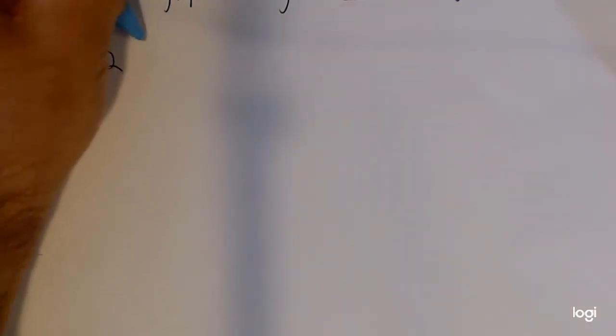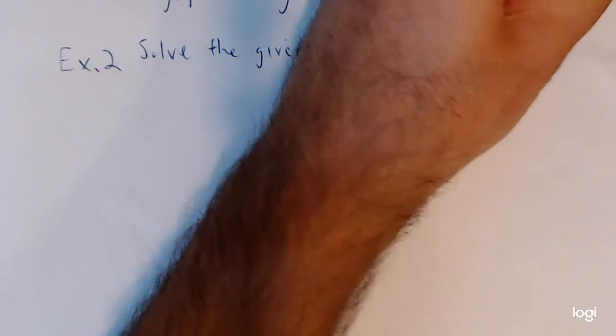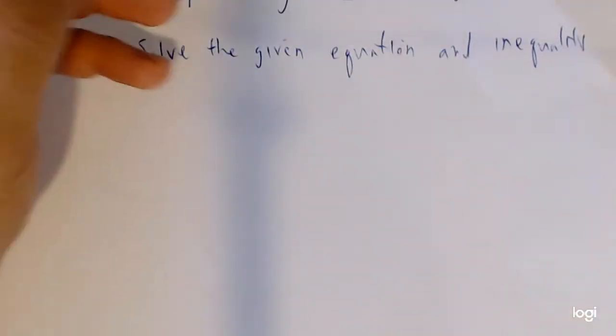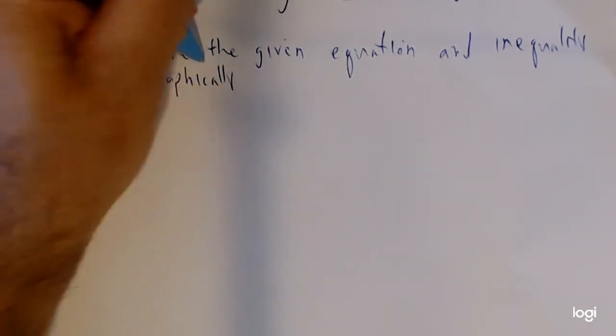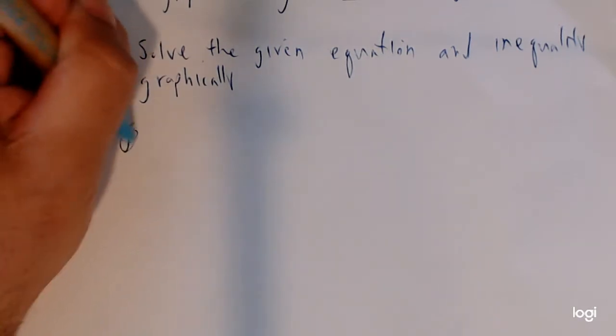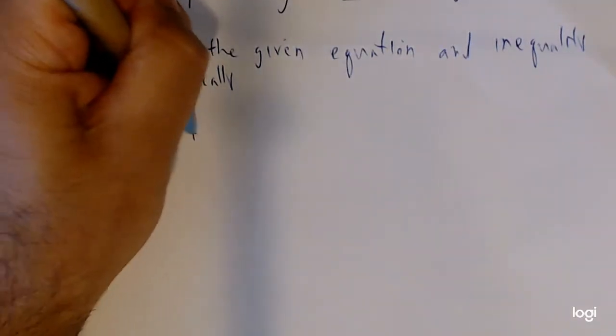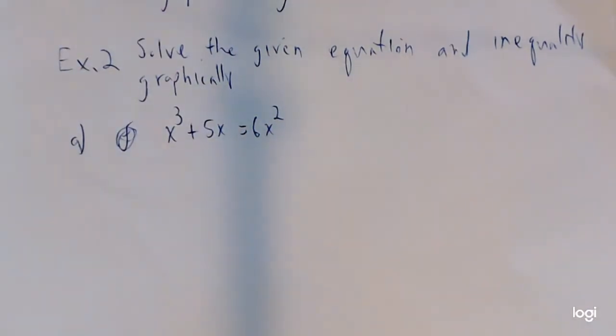and we're going to say the following. Solve the given equation and inequality graphically. So for part A, we have x cubed plus 5x equals 6x squared. Okay, so